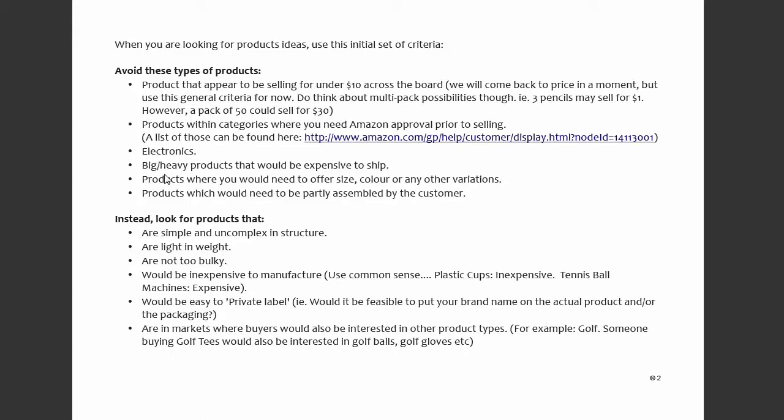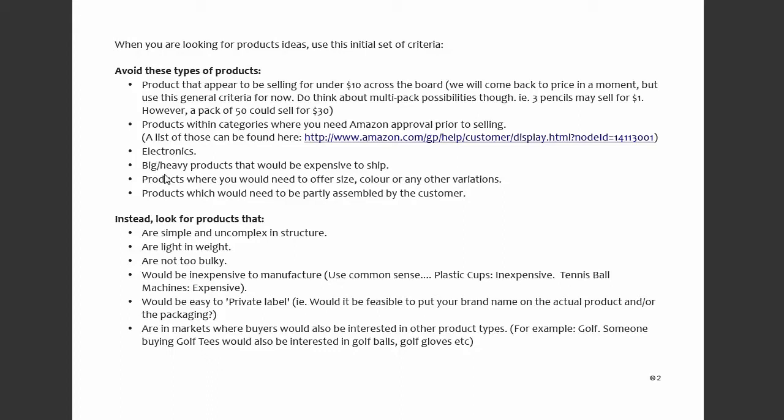The other thing I would recommend avoiding to begin with are products where you would need to offer variations. Just a very simple example would be clothes, or hats. Let's say hats, you would probably need 4 or 5 different variations in size to cater for children, men, women, big heads, small heads, etc. So anything where you would need variations, I would avoid to begin with, and that's simply because you will need to put down more money for more inventory, and that is something you want to avoid to begin with to keep your